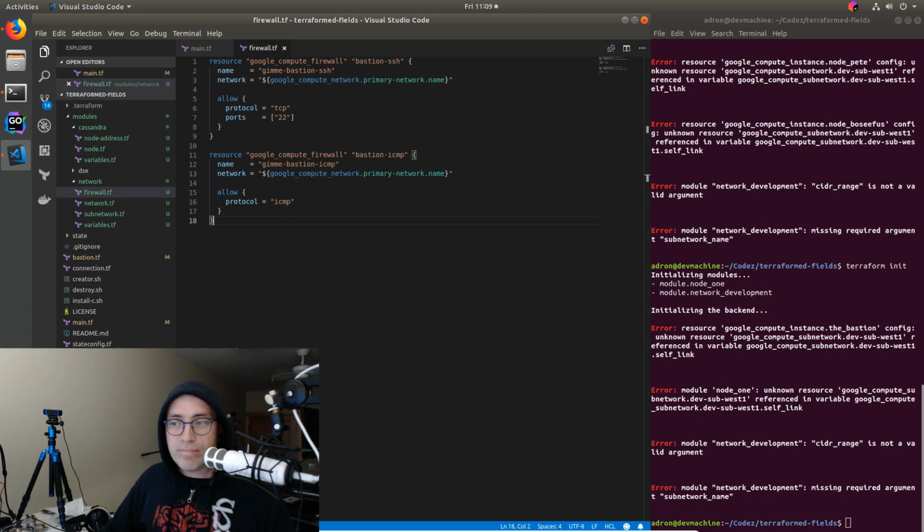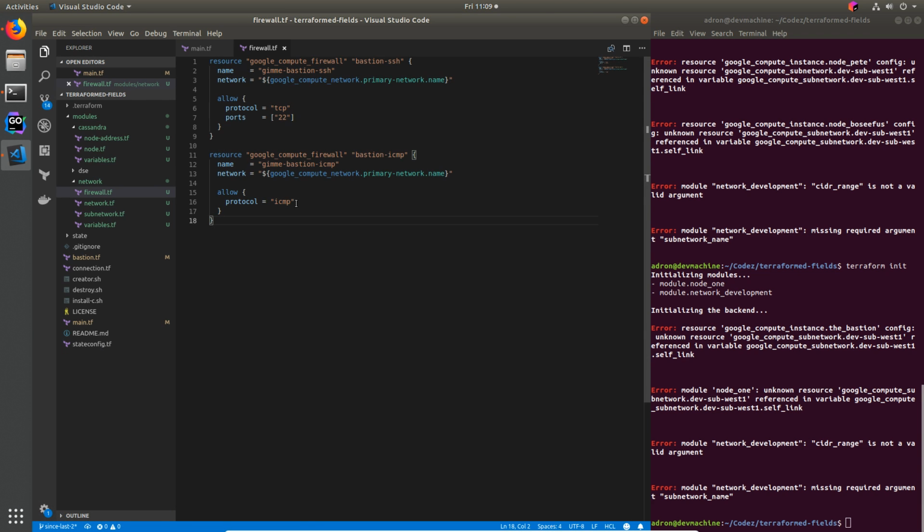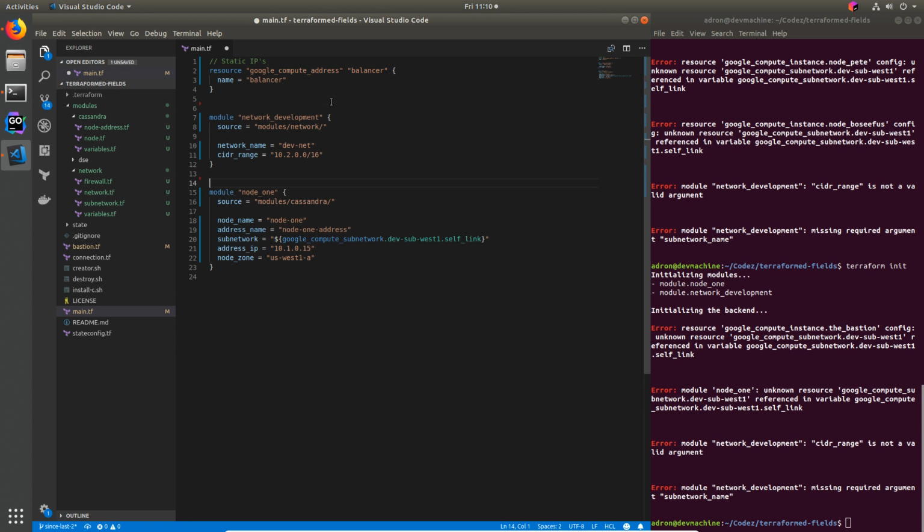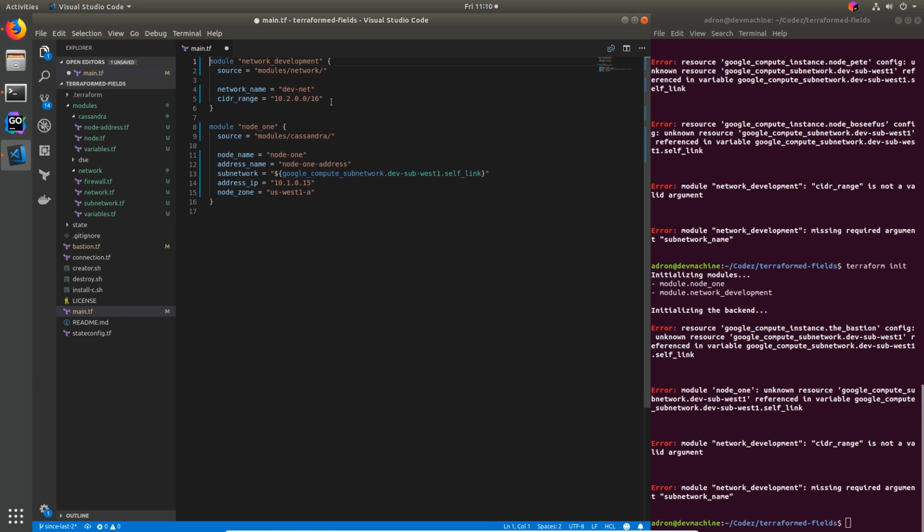All right. So we got the firewalls added, assigned to the networks specifically as they get created. This is set up for the development network. I like to do this in the order that I expect them to be created in. So we'll do this. We don't really need the balancer IP right now because we're not at that point. So all right, we have network development now, and we have node module for the first node, which will then have